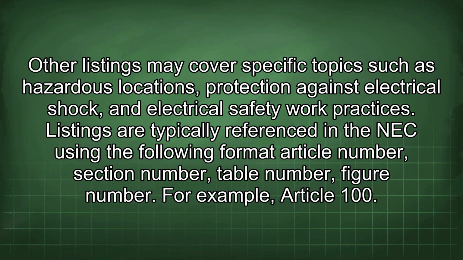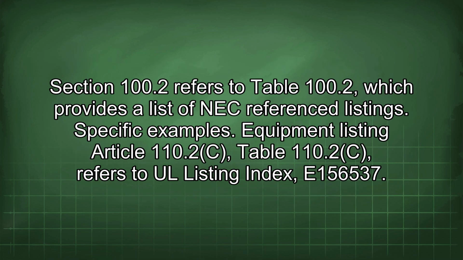work practices. Listings are typically referenced in the NEC using the following formats: article number, section number, table number, figure number. For example, Article 100, Section 100.2 refers to Table 100.2, which provides a list of NEC reference listings. Specific examples: Equipment listing, Article 110.2(c), Table 110.2(c) refers to UL listing index